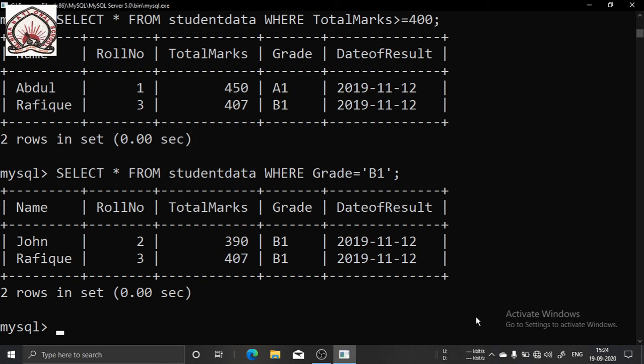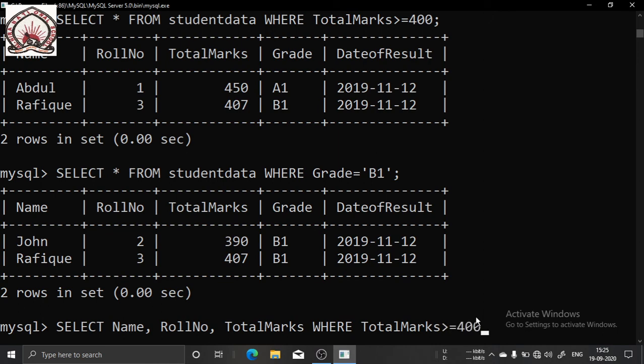My syntax will be select name, roll number, and total marks, where total marks is greater than or equal to 400.